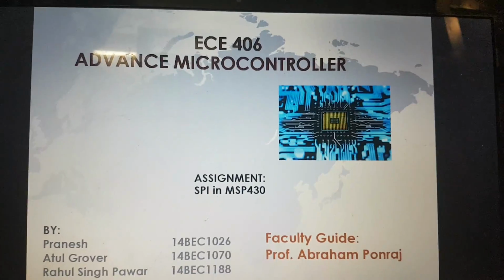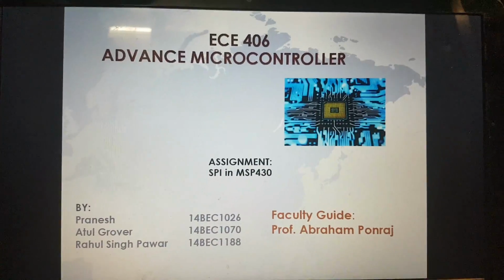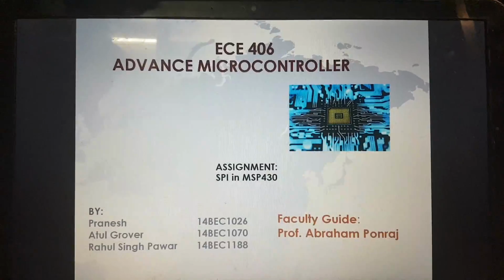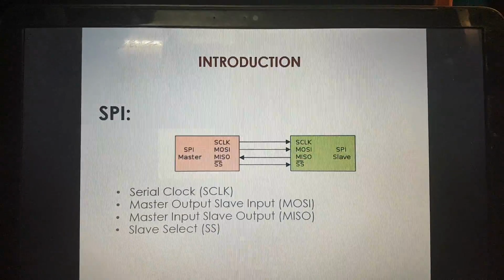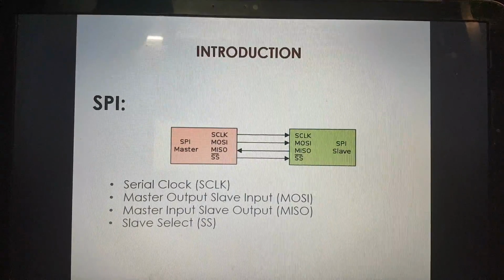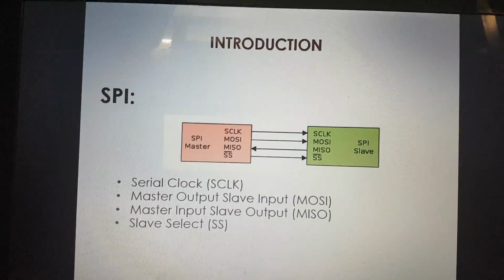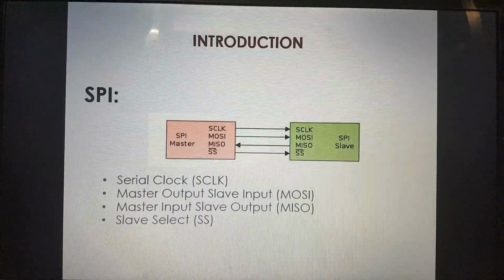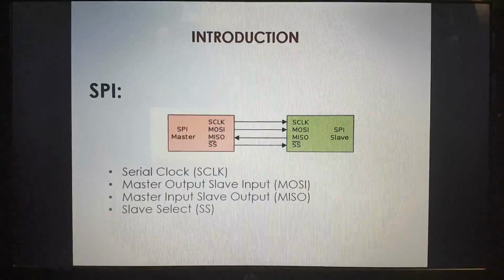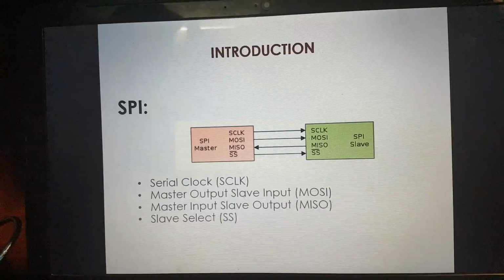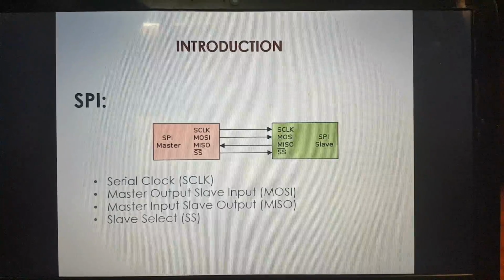This is our advanced microcontroller assignment, SPI in MSP430. So this is the block diagram of two different MSP430s, one acting as a master and the other acting as a slave. The master synchronizes the clock for both the devices. We can see that the arrow goes from the master device to the slave device, and the MOSI pin